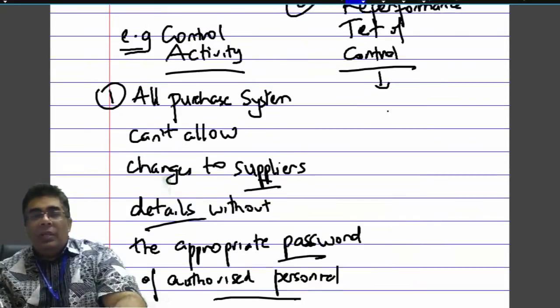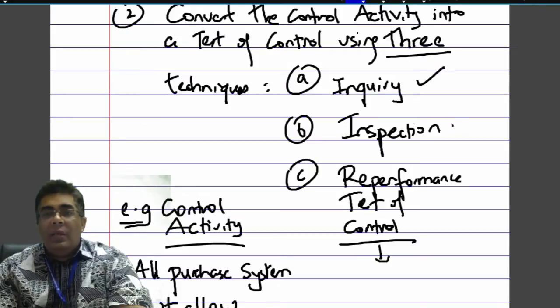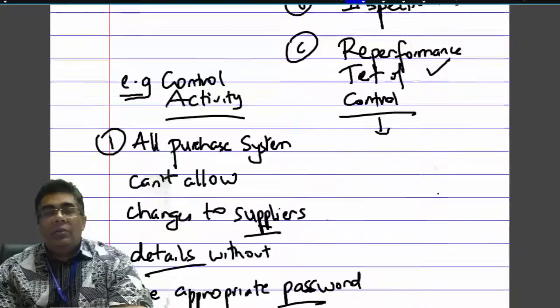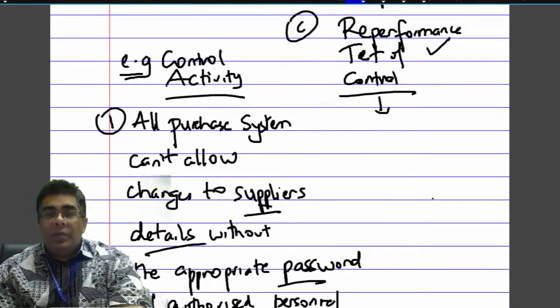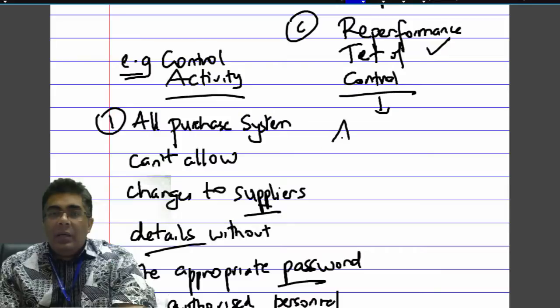So I told you that test of control can be done by three things. You can do inquiry, you can do inspection, or you can do re-performance. Now a common thing that you could do for this kind of control activity is re-performance. You could say that I will attempt